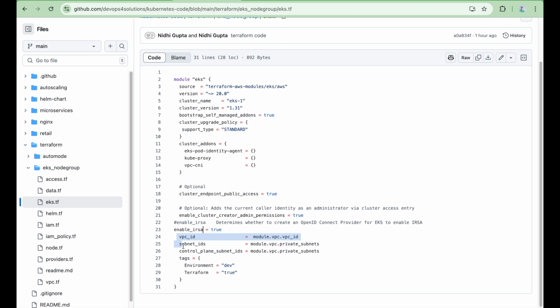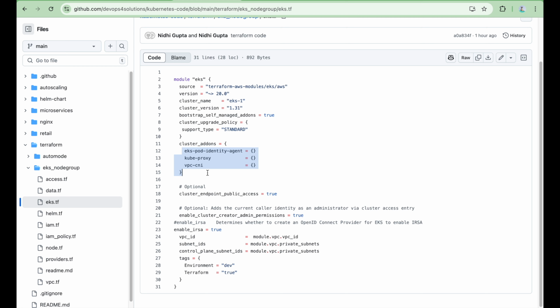And other than that, only the VPC subnet IDs. So here you can see I will be creating the EKS cluster, and using this module, it will install these three add-ons also. You might be wondering why I have not used CoreDNS, because CoreDNS is also an essential add-on. The reason is CoreDNS needs the nodes to be created first.